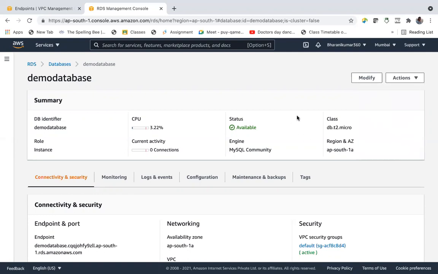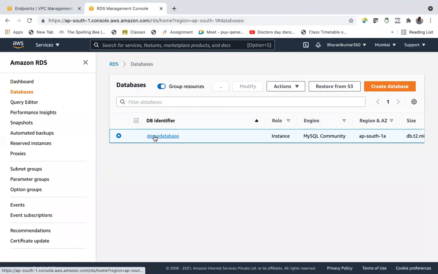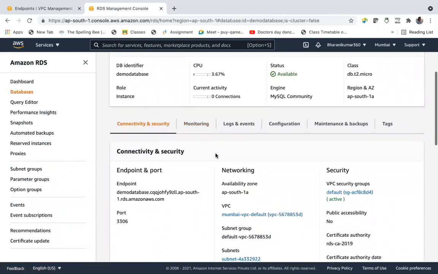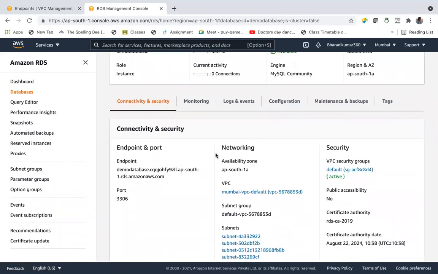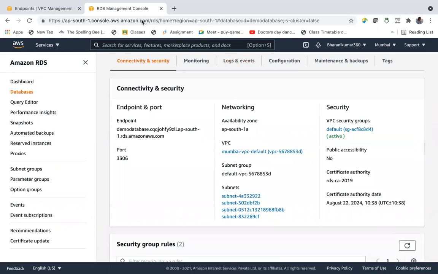And coming to connecting to this database, this database is a private one, right? And this is the database endpoint, also called the host name, and it's in availability zone 1A, within this VPC.